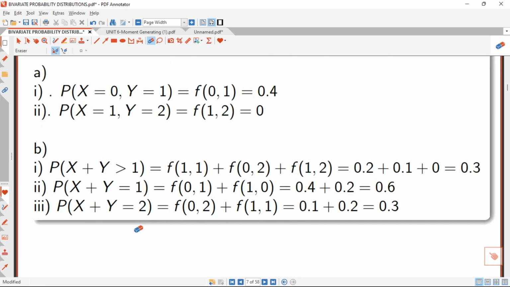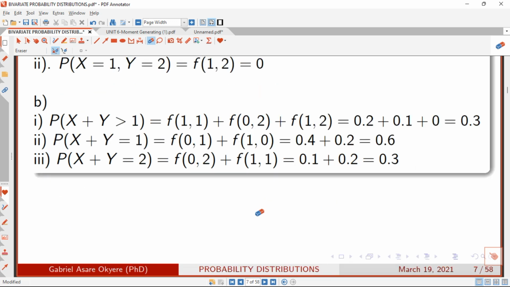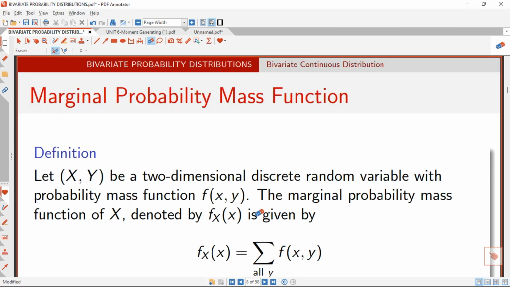Okay, yes, so these are the solutions that we were able to find. Okay, yes, so let's tackle the marginal probability mass function, right? So in some instances, we are going to have our joint probability mass function, all right, and then all the conditions that we are to check for a function to become a joint probability mass function will be achieved. But in some questions, we will be asked to calculate for